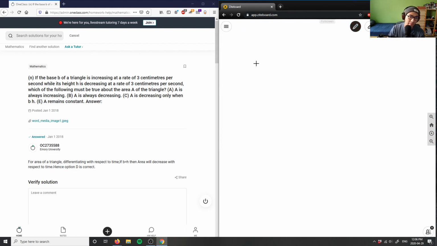It says, if the base B of a triangle is increasing at a rate of 3 centimeters per second while its height h is decreasing at a rate of 3 centimeters per second, which of the following must be true about the area of a triangle? And it says here, A is always increasing, A is always decreasing, A is decreasing only when